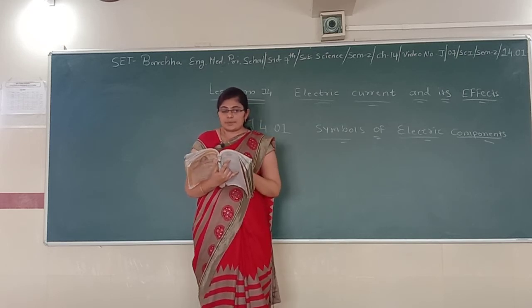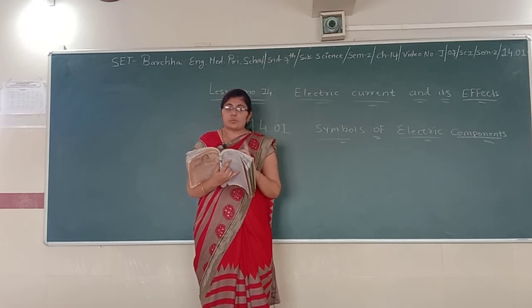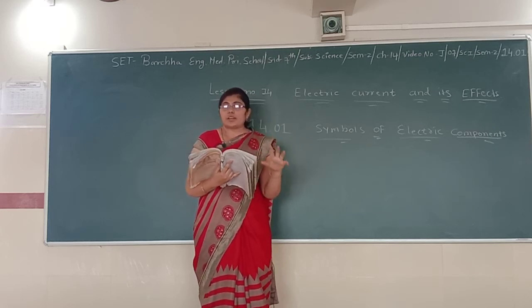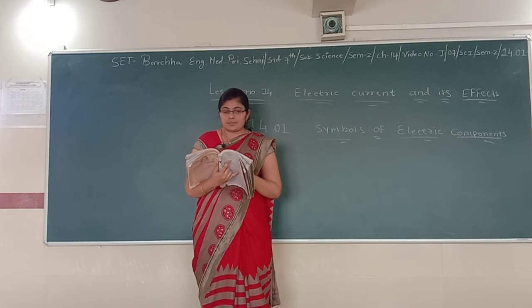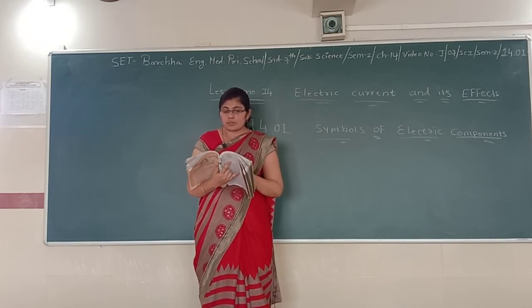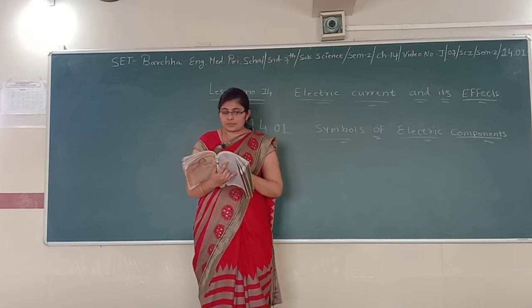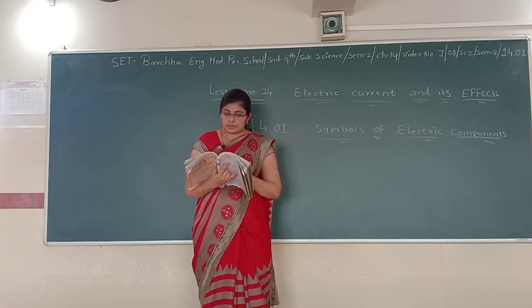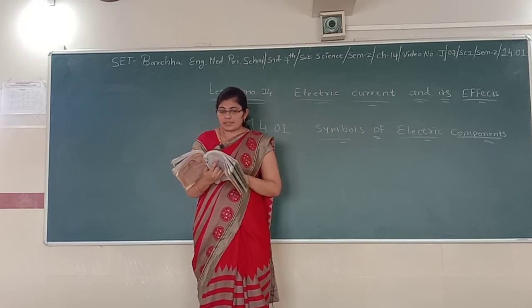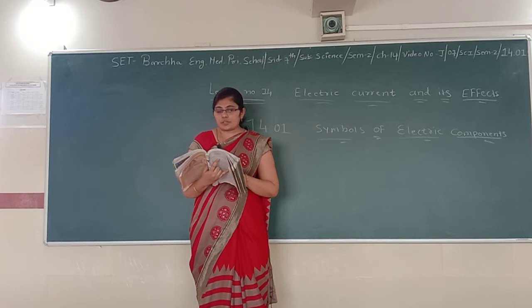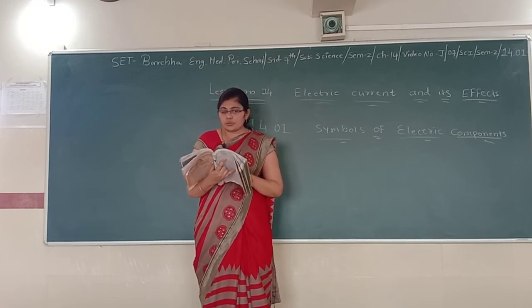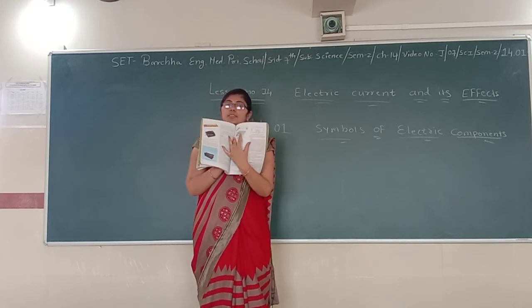The symbol used to represent a battery is shown in 14.1. So all the symbols that you have seen in 14.1 are listed here. Let us now draw a circuit diagram of an electric circuit using symbols as shown in 14.1. Now let us perform activity 14.1. Make the electric circuit shown in 14.7. You used a similar circuit, see 14.7.